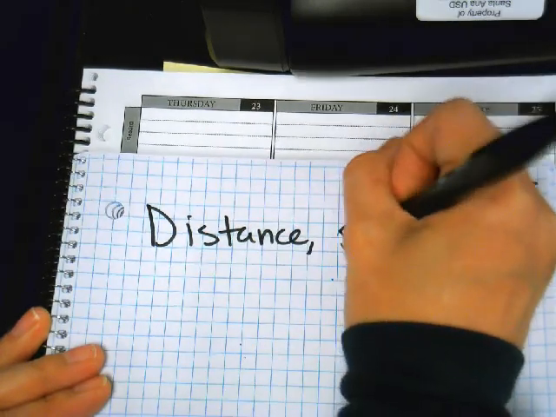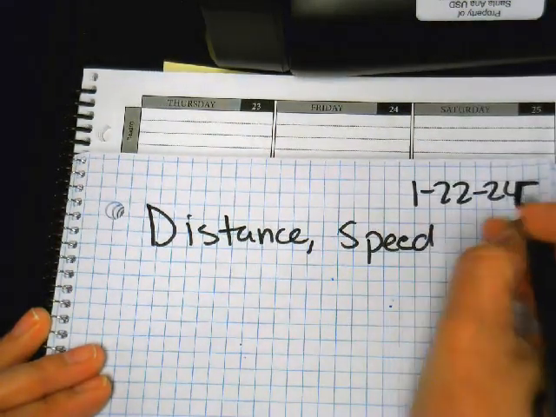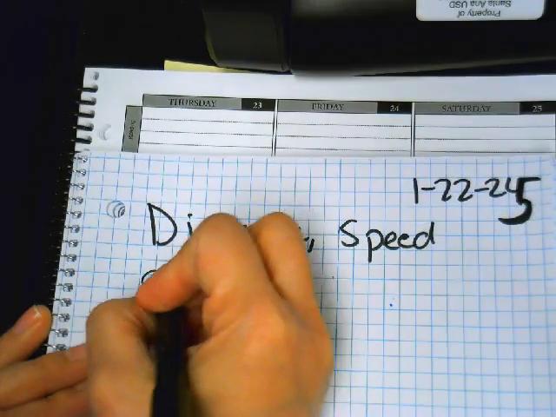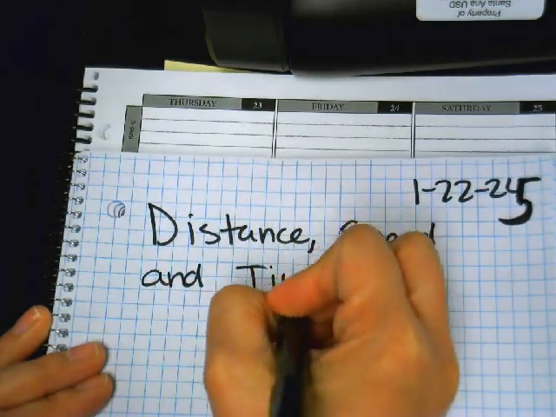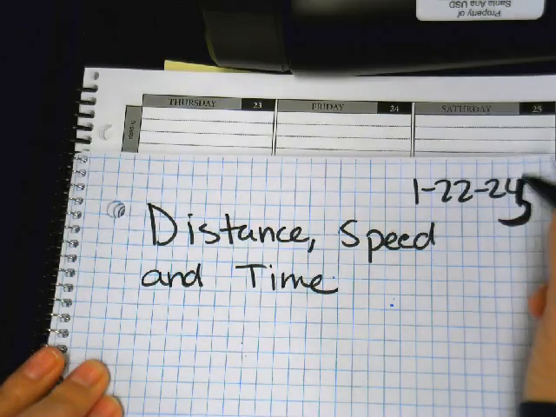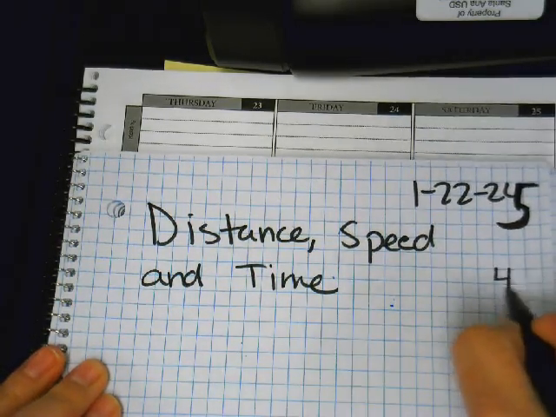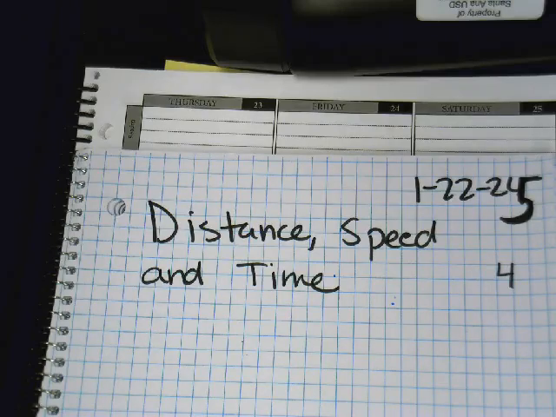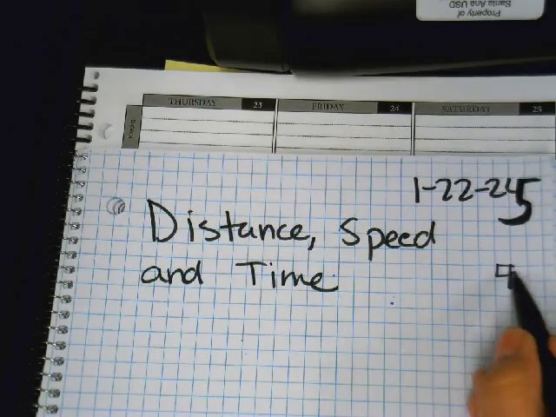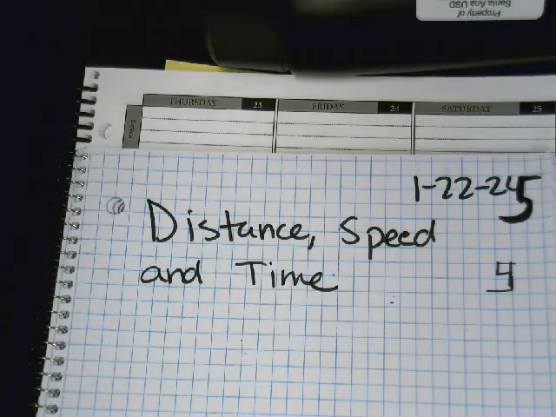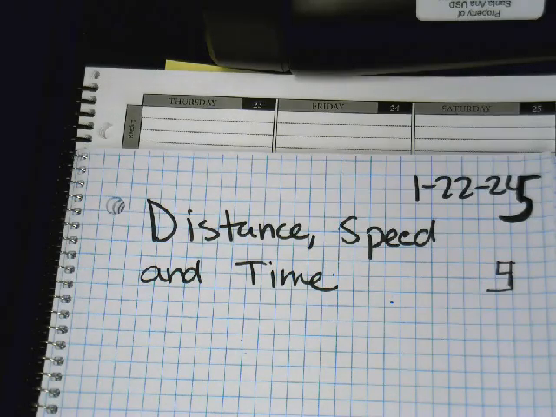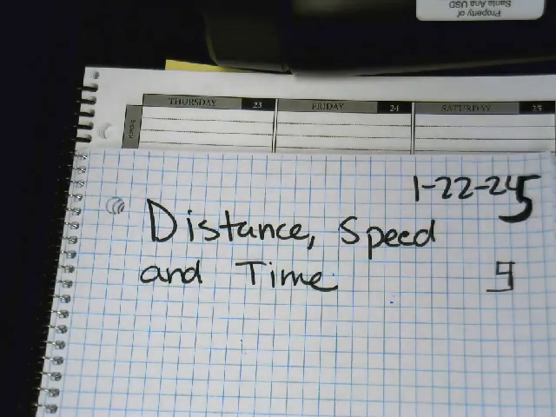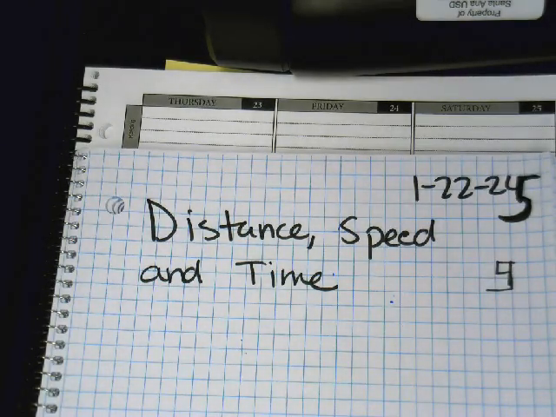Distance, speed. I like to make my 5s beautiful. I think this is 24. You should have just added a line on top of the 4. How do you change that into 5? Just put the line over the 4. No, that'll make a... That looks like a 9. Yeah. Well, it looks like a G. A G, yeah. So you like my 5? Okay, got it. It's like a 5 with a little tail. All right, good.